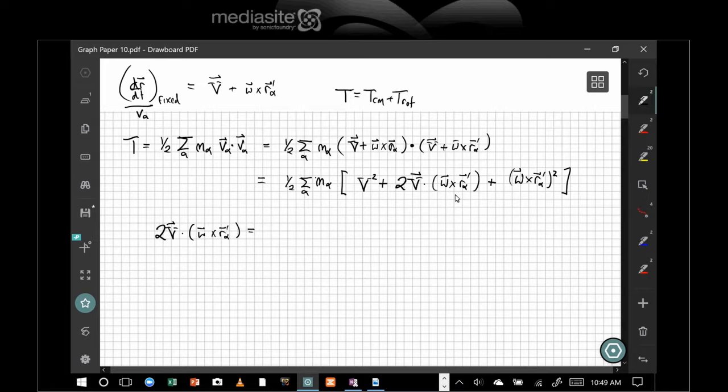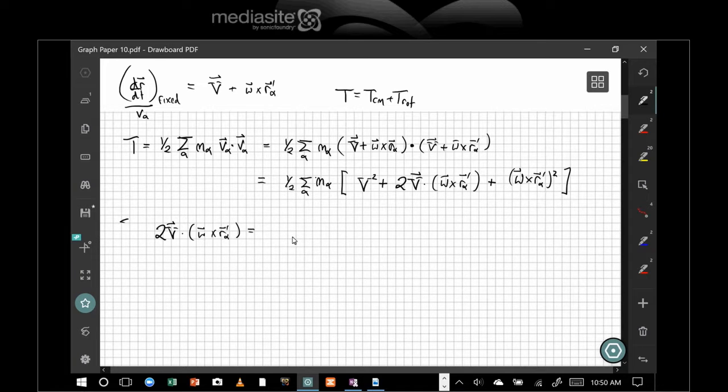What I can do is factor out, well, I'm just going to use kind of an associative rule here, and I can say v dot omega. Okay, and then this is a little tricky here. Well, actually, let me not write it that way because that's not entirely correct. I've got to be a little careful with the dots and products and all this kind of stuff. So let me get rid of that. What I can show is by using a dot, I can bring